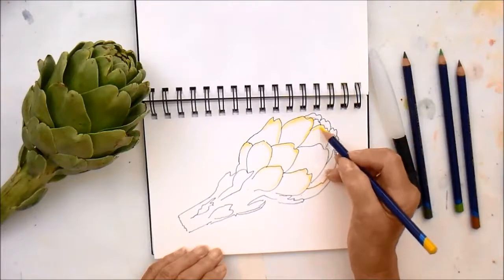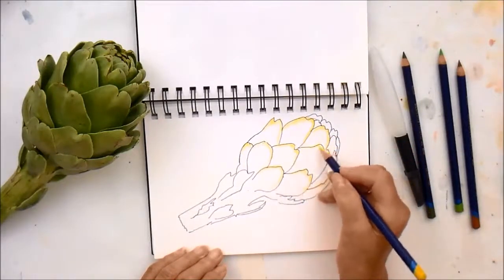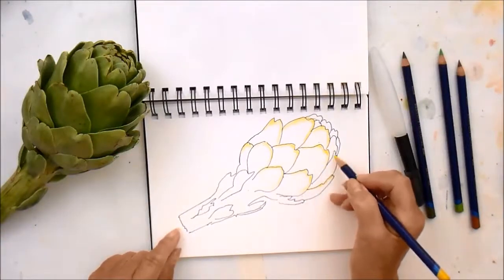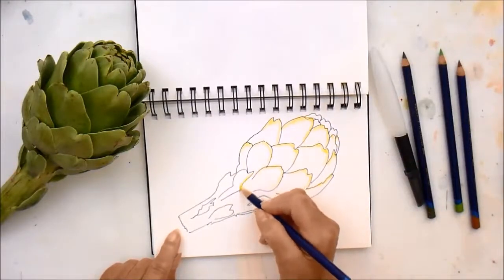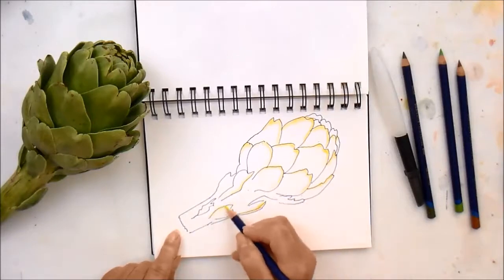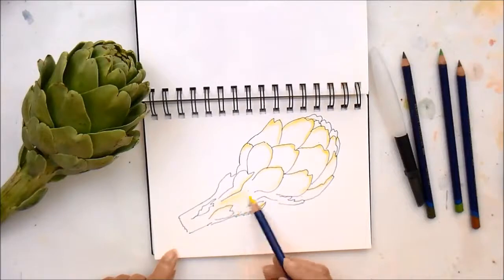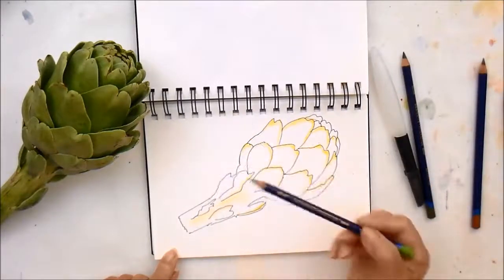Again, I'm working quickly, not being too precious, and we've got some little dark brown bits as well, so we're going to have those to play with too. Right, lemon down here. Let's put lemon on that one, and a little bit down here. And we'll put a bit there. Then I'm going to a lighter green,